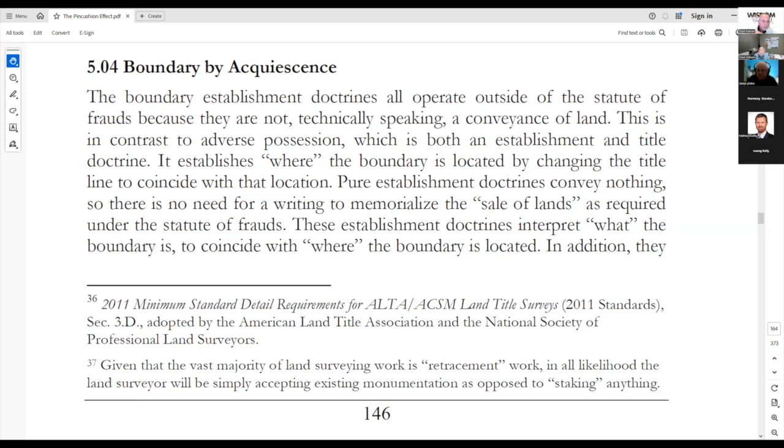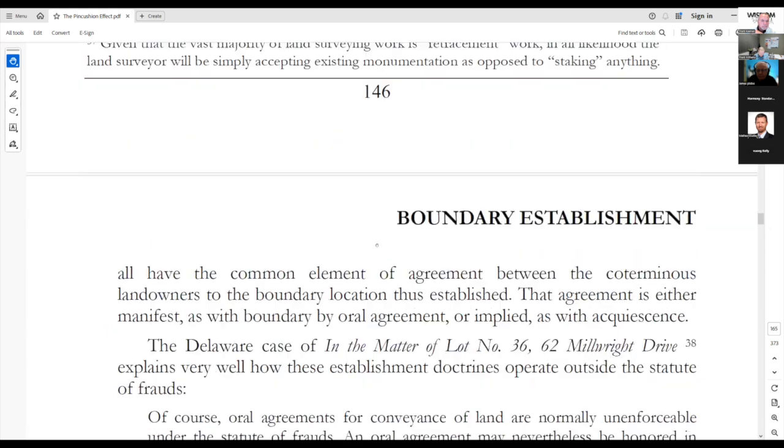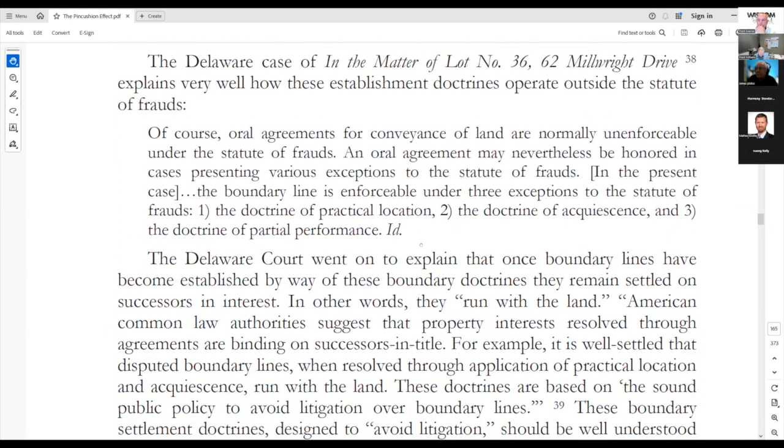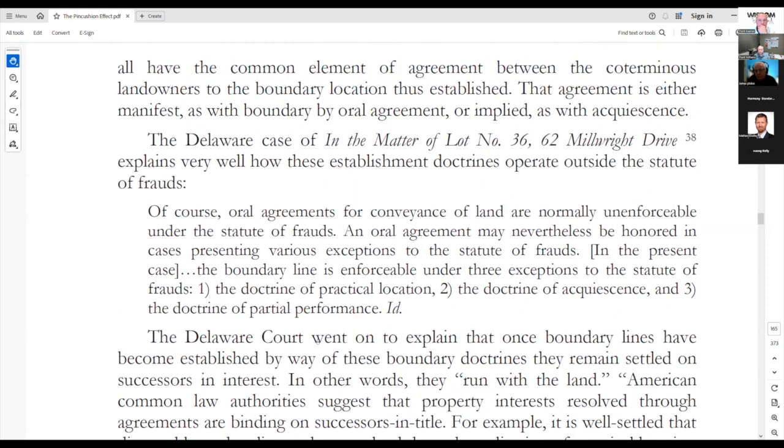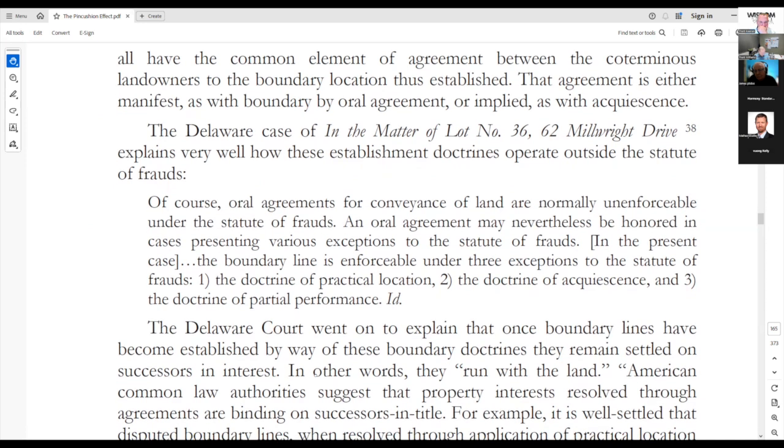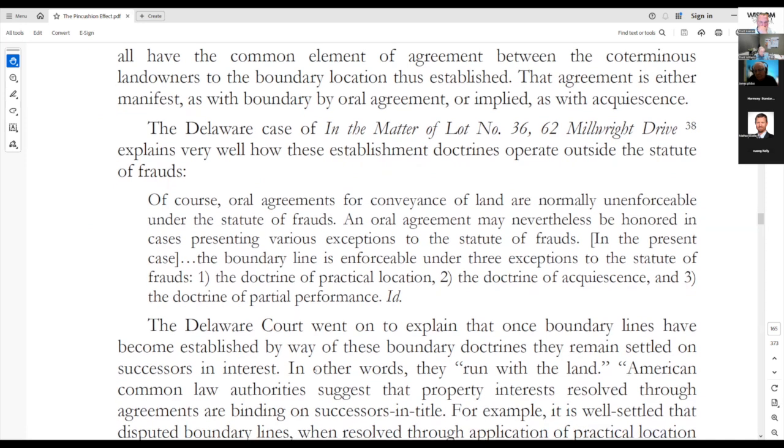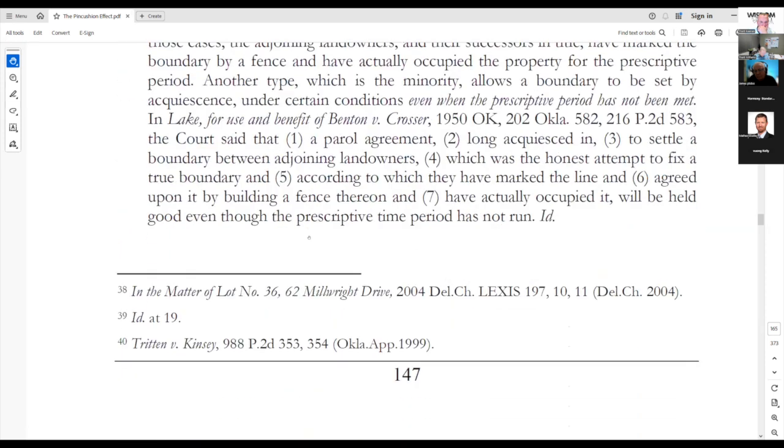He says in here, the Delaware court went on to explain that once boundary lines have become established by way of these boundary doctrines, they remain settled on successors in interest. So it's important to know that when these are resolved, it's forever resolved, right? The next homeowner can't come in and say, well, we don't know where this is, and upset the apple cart again, as it were. He says here at the top of 148, before we get into this next court case here,